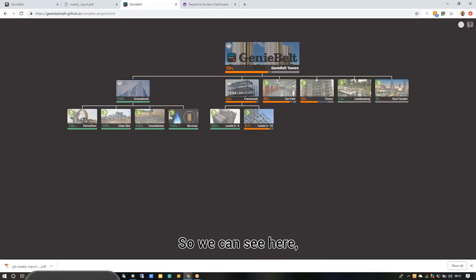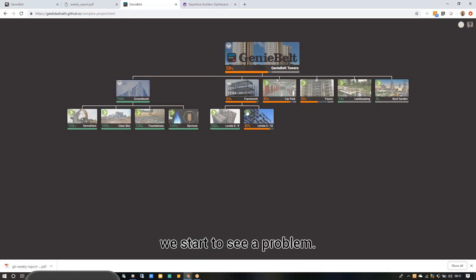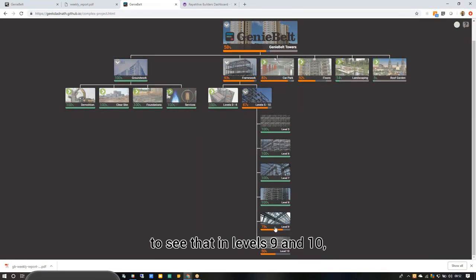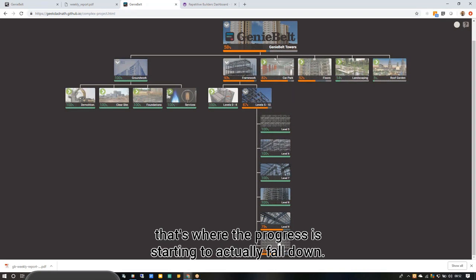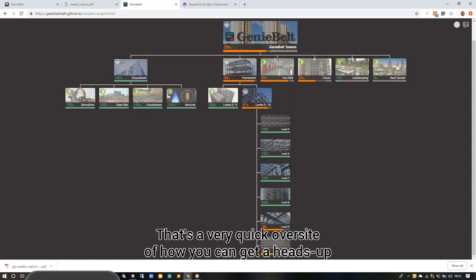So we can see here that as soon as we start drilling down levels 5 to 10, that starts to become a problem. And again, if we then look further down, this is where we start to see that in levels 9 and 10, that's where the progress is starting to actually fall behind. So as a top level view, that's a very quick oversight of how you can actually get a heads up